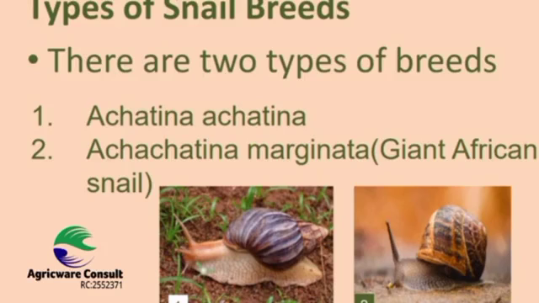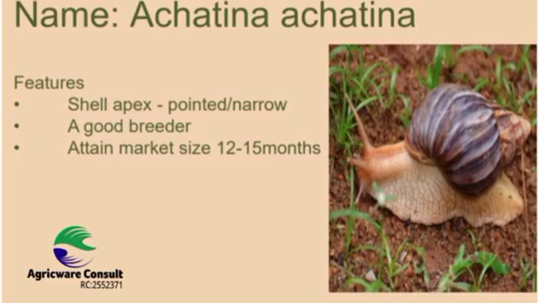There are two major types of snail breeds. One is Achatina, and the second one is Achatina marginata. And this Achatina marginata is also called giant African snail. Now, to the features of each of these types of breed. For the Achatina,